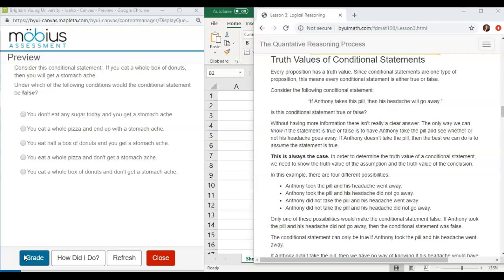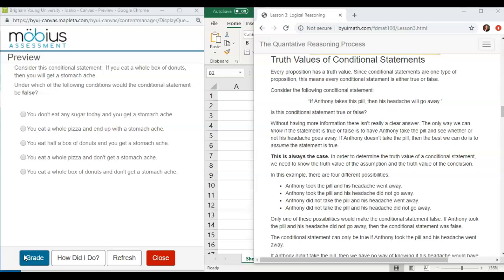However, if the person was not elected, then it doesn't matter what the outcome is, because we can't say that the person was making a true or false statement. There's no way to say anything further if the premise at the beginning hasn't occurred. Same thing with Anthony. If he doesn't end up taking the pill, then we can't make any conclusion about his headache because he didn't follow through on the first part.